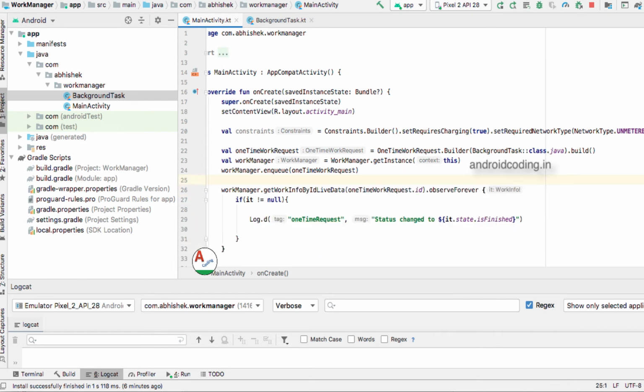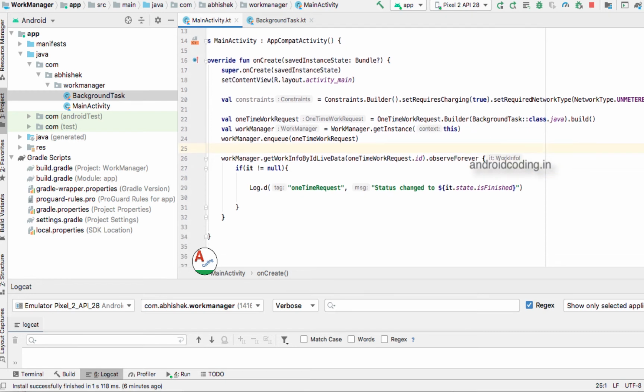Whenever your constraints are met successfully, if you provided them, your work manager will start doing the work which you have allotted to it. After the work is completed, you can observe whether the work is successfully finished or not. If your work is successfully finished, you can get into this block and trigger some action, like showing an alert box, or providing anything that lets the user understand that uploading of the photos has been successfully completed.